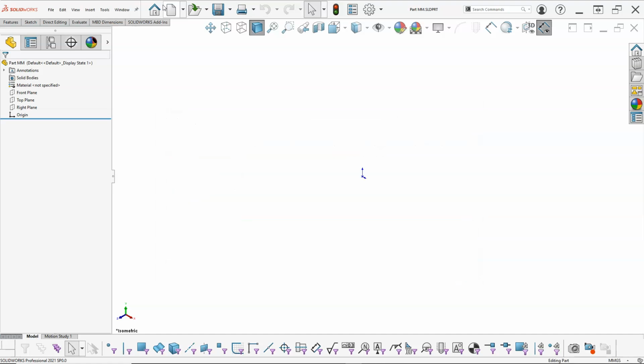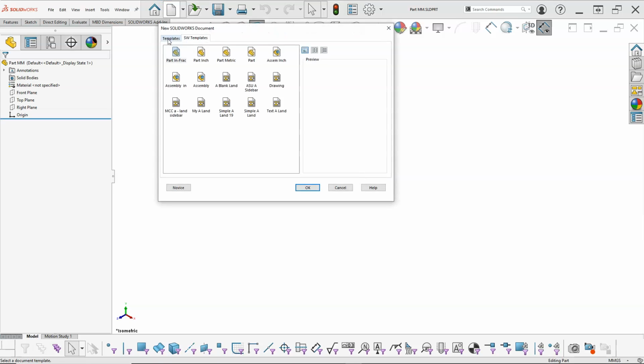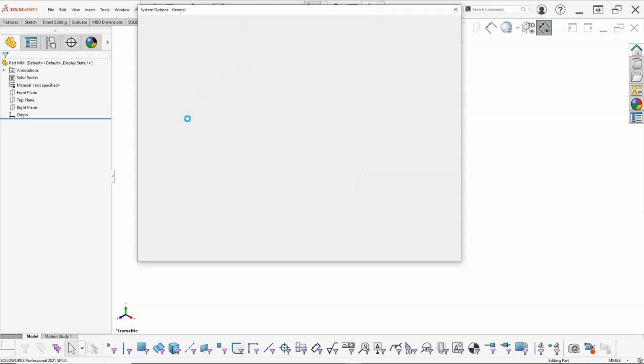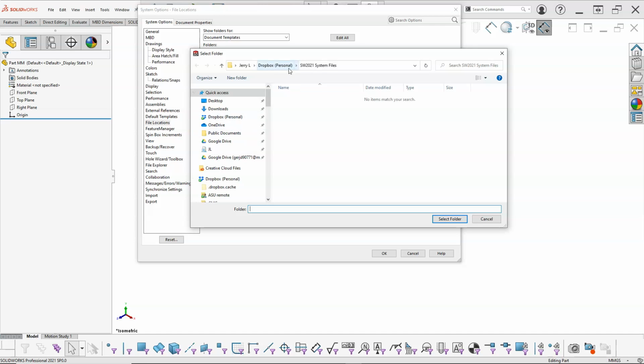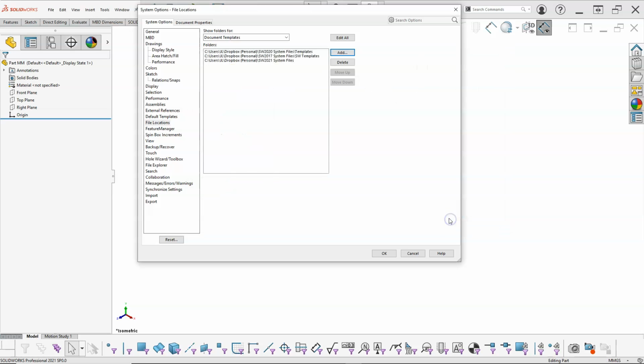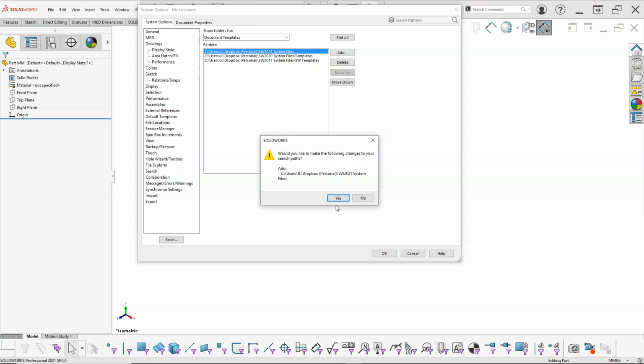Alright, so that being the case, when I go to new and I look for my template, I don't have anything, so that means I need to come back over to the options, go to my file locations. The very first one is the document templates, and we're going to add. And wow, it jumped right to it. Usually I have to navigate, so I went right to my new system files. We'll double check that it gets selected. And it went in after, so let's go ahead and move that up and see if it orders like it's supposed to. And yes,